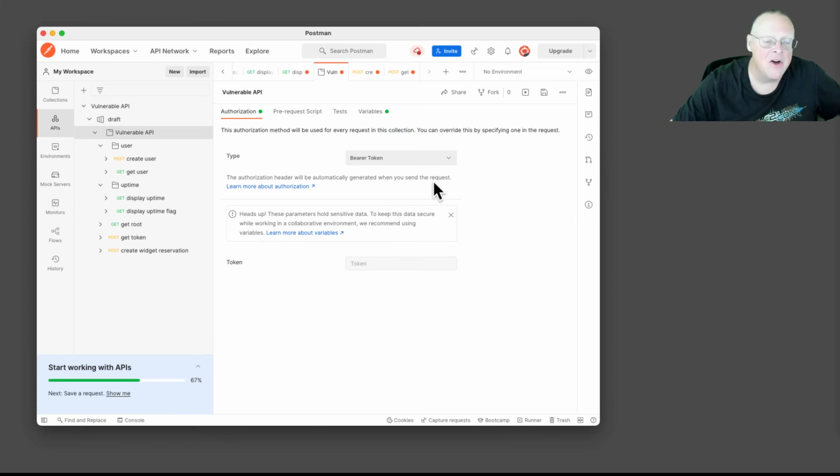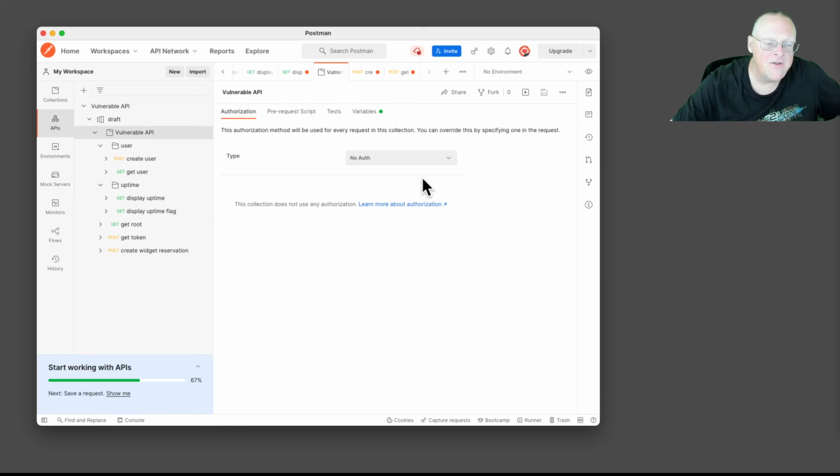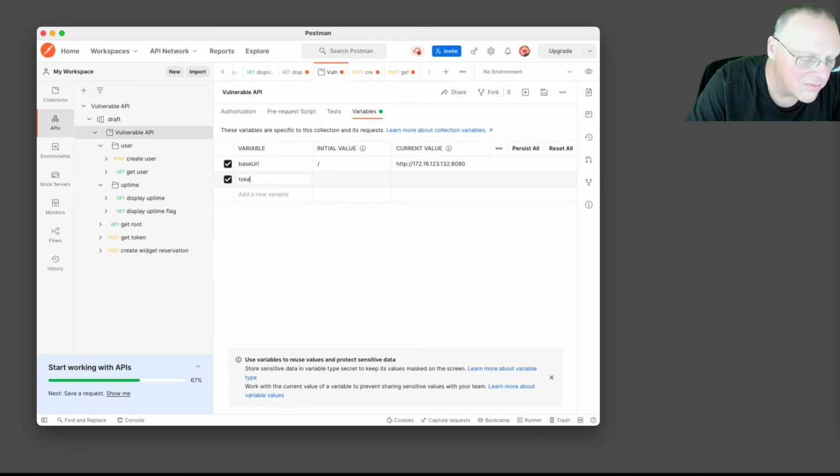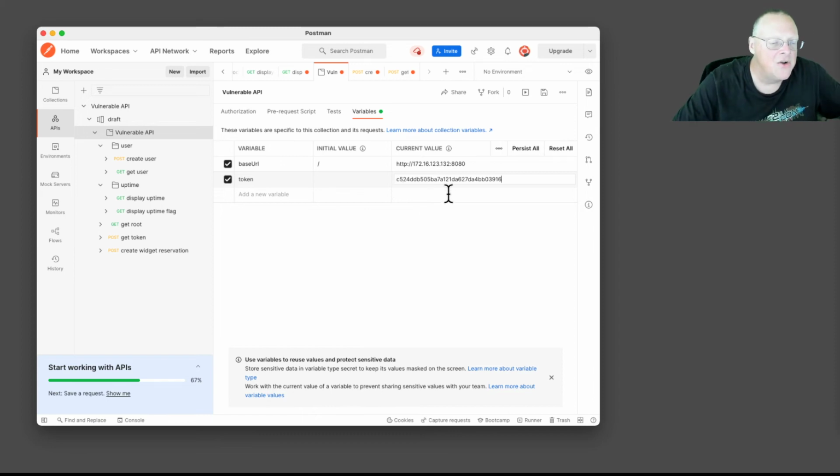So again, I had to go back and look at the instructions. It's not a bearer token. You have to put it in manually as an X-Auth header. But you can put it in a variable, which is what I did. I create another variable here and call it token. This is how you deal with something that Postman cannot easily handle, doesn't give you a special way to do it. You create a variable called token, and now